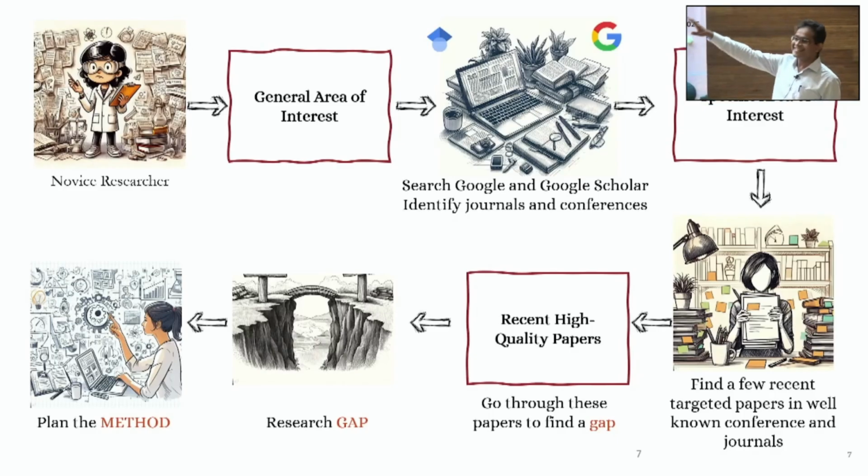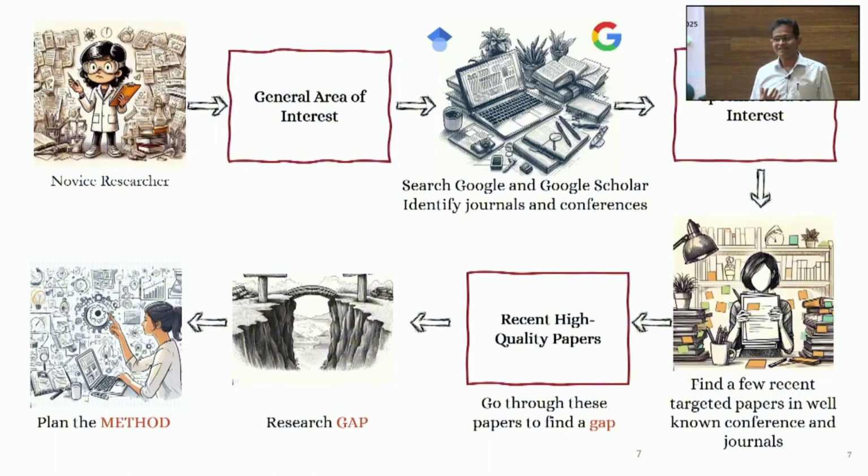So as a novice researcher, starting from the top left corner, you have a general area of interest. Maybe you like this, so therefore you do some Google search, Google Scholar search, and find out the general topics in that area and slightly specify the research area. Then you find a few targeted papers. Maybe you see that many people are referencing this paper, so that must be an important paper. This is when your professor doesn't give you the important papers. You have to find the papers on your own,